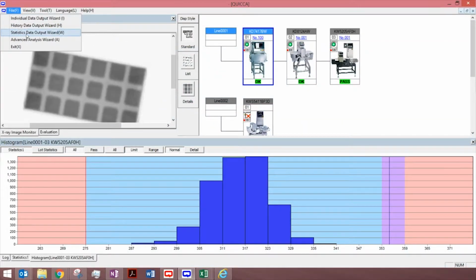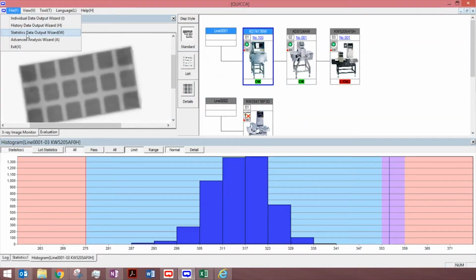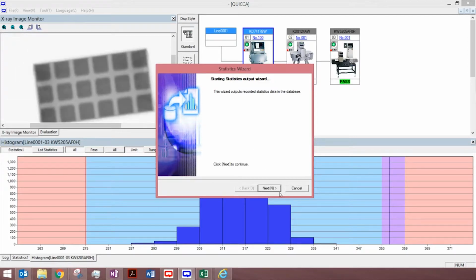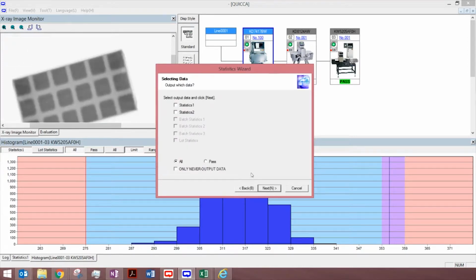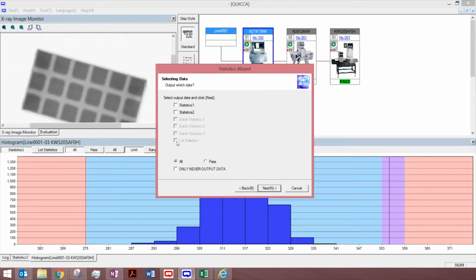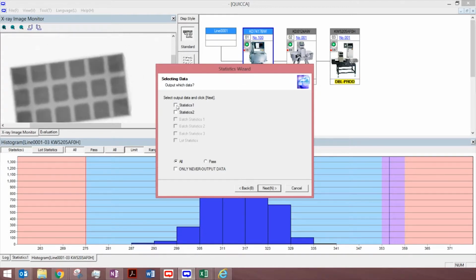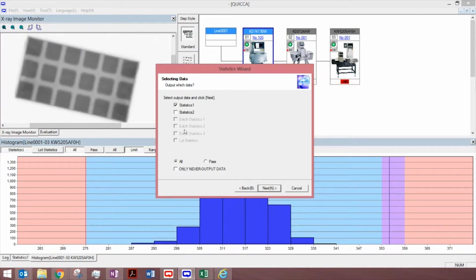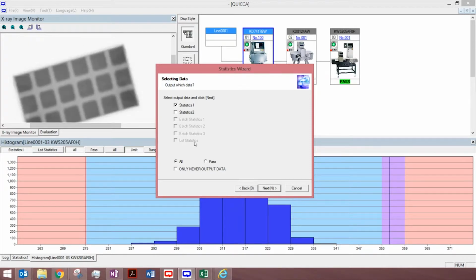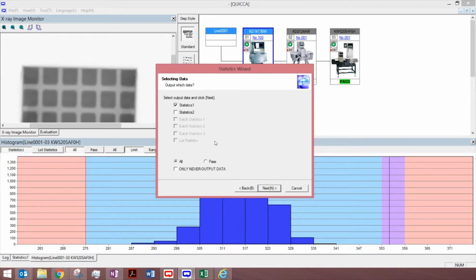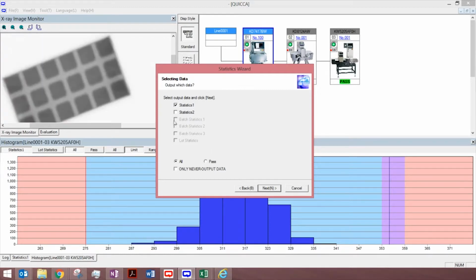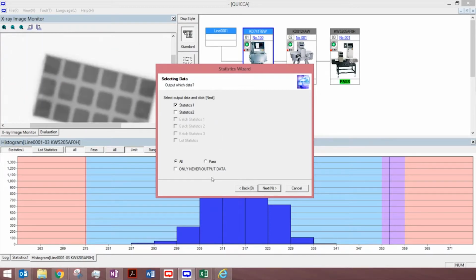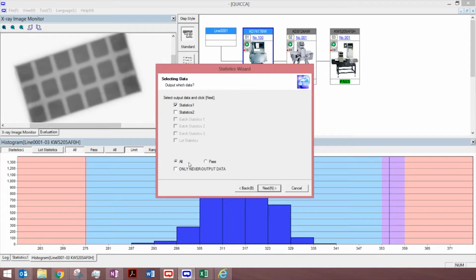Next, we are going to go with Statistic Output Data Wizard. Select Next. Here's where we can select multiple different choices. I have used statistics 1. If you have used batch or lot statistics, you may select them here, but right now I have not selected those in my Quicka. I am going to select all,